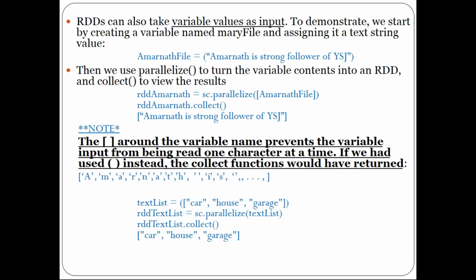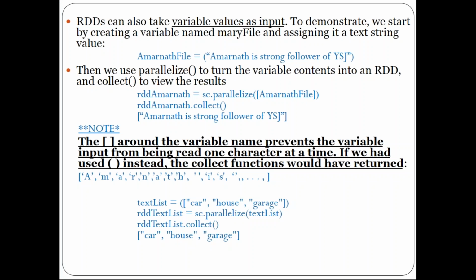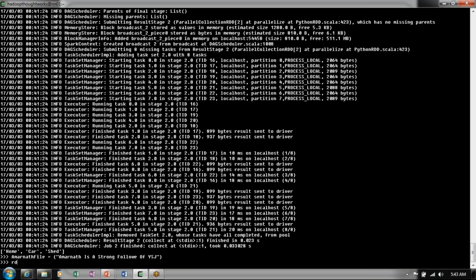How are you going to define these variables as a data set is the point that comes up. Now this is just a variable and you have a string. Now to create an RDD, you have to assign it to your RDD using sc.parallelize. For that, what I'm going to do is RDD Amarnath equal to